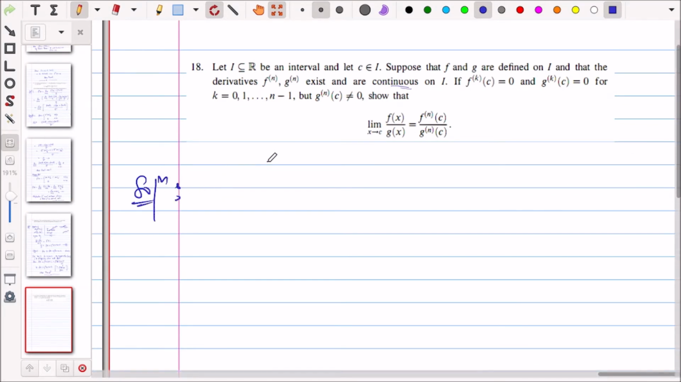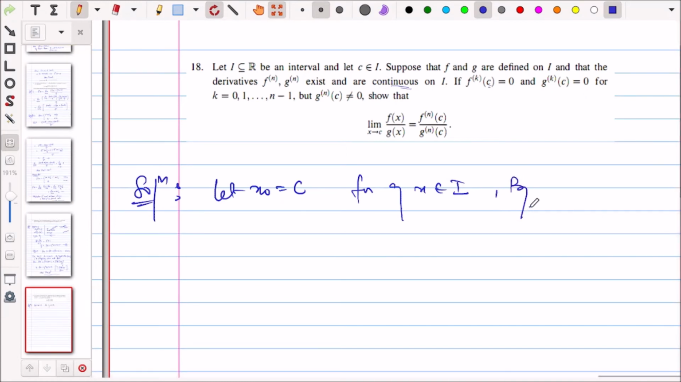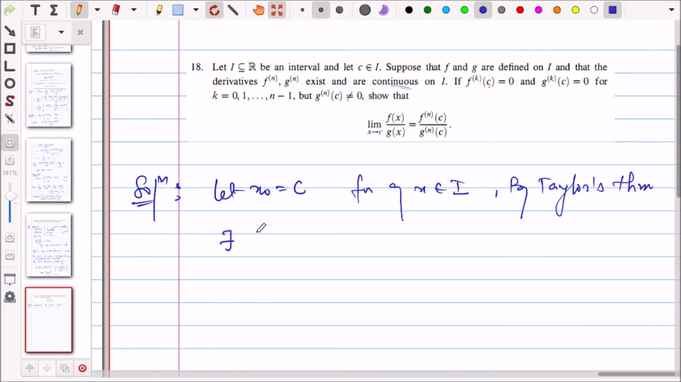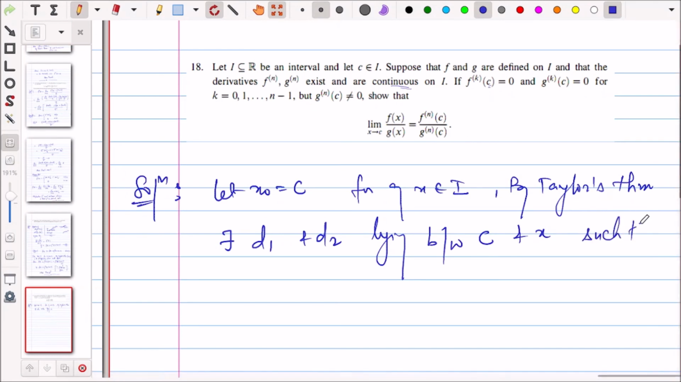So because we want to use it at c, let x naught equal c, and for any x belonging to I, by Taylor's theorem there exist d1 and d2 lying between c and x such that